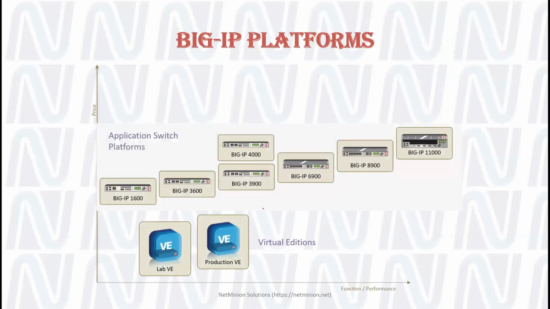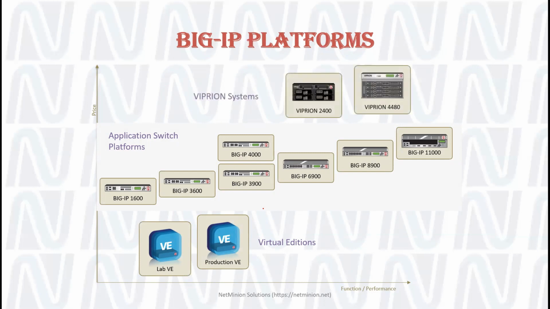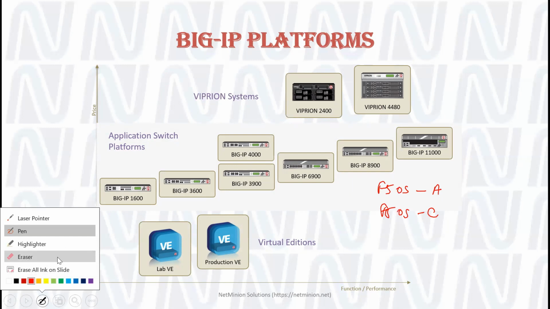The platform can be your virtual editions where you can work on ESXi, KVM, or whatever in the servers. It can be a physical appliance, it can be a chassis-based system. But let me tell you, Wipron is going out of market. It's already done. Even I series also. Today I was reading about R series, yes, we have R series. So we are going with FIOS kind of thing. If it is appliance based, it's named as OSA. If it is chassis based, it's named as FIOSC. R series as well as Velos.